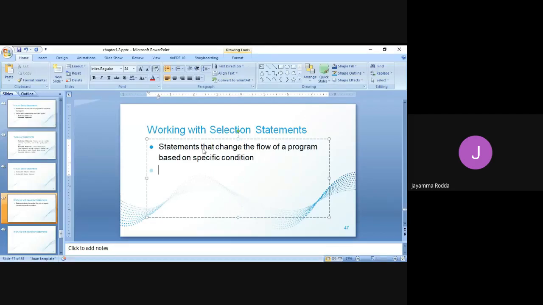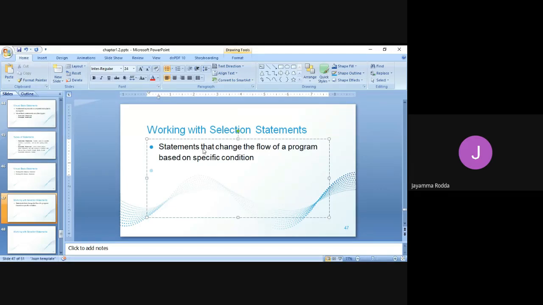Likewise, in Visual Basic also, the selection type of statements will be based on a specific condition. If the condition is met, then a list of statements will be executed. If the condition is not met, those statements will not be executed.